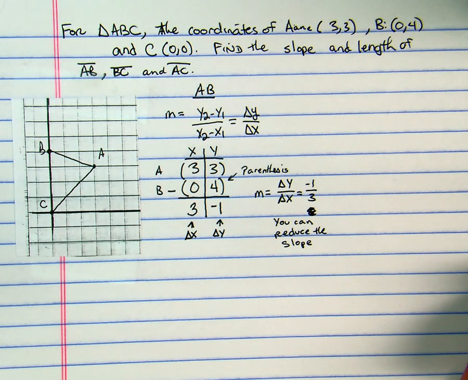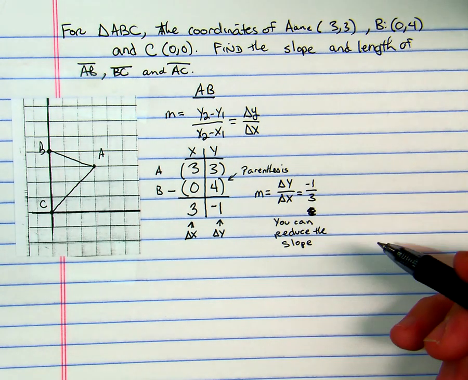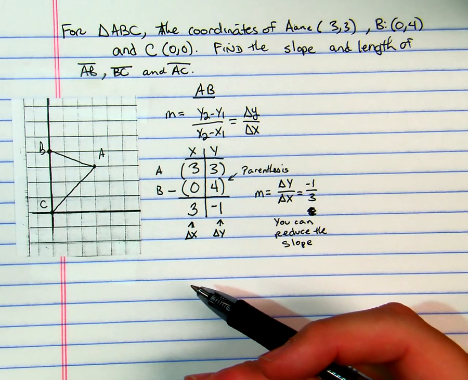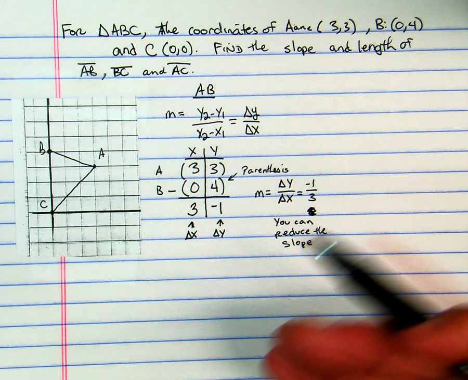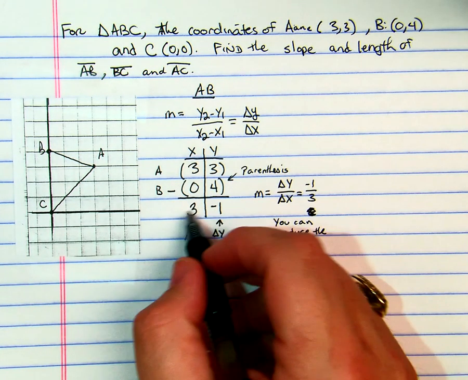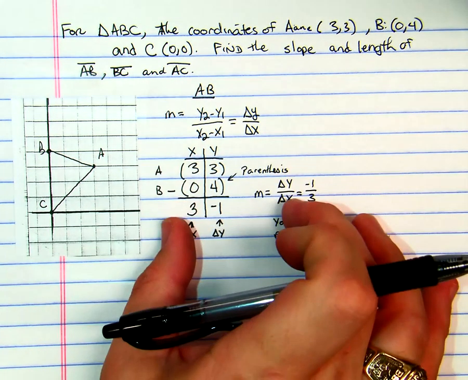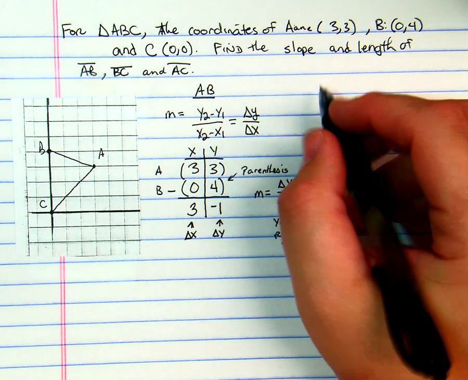If this was like negative 2 over 6, you'd put negative 1/3 afterwards. So you can reduce the slope to make it a little bit easier to deal with, but it's still going to work. But you want to use these original values that you get from this, because once you get delta y over delta x in its raw form,